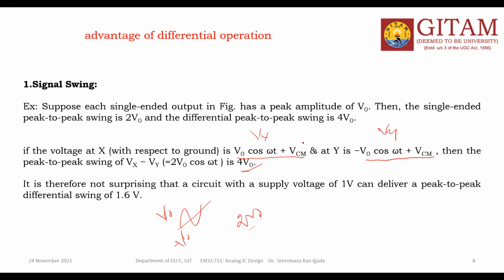So VCM is the common mode voltage, or DC voltage, you can say sometimes. But don't think it's always DC. I am talking about the input voltage. At the input side, it is definitely a DC voltage. Clear? Common mode voltage. So for example, at Vx, your voltage may be some signal, because this is a sinusoidal signal. This is the VCM. This is the VCM. Clear? So this VCM plus this variation.